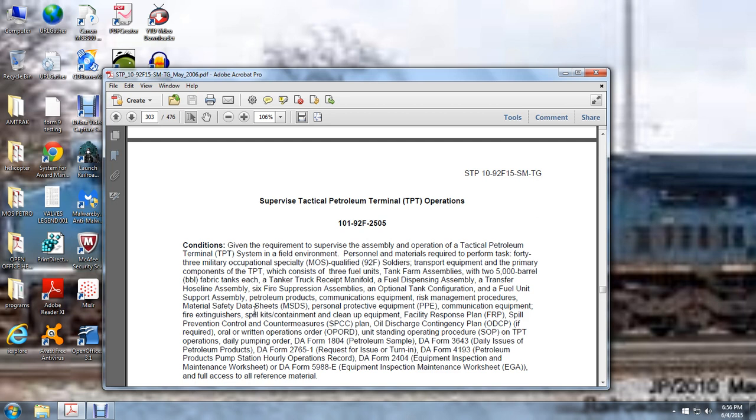50,000 barrel fabricated tanks, each tanker truck receipt manifold, fuel dispensing assembly, transfer hose line assembly, fire suppression assembly (optional), tank configuration, fuel unit supported assembly, petroleum products, communication equipment, risk management procedures, material safety data sheet, personal protective equipment, communication equipment, fire extinguisher, spill contamination cleanup kit, equipment, facility response plan, spill prevention control countermeasure plan, oil discharge contingency